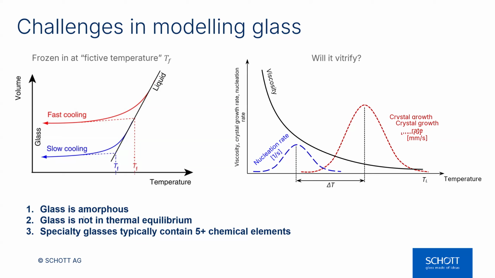And then there's a third challenge, which is that the types of glasses that SHOT produces have lots of different chemical elements in them. And across the SHOT catalog, we have even many, many more elements. So you need potentials that are able to model this breadth of chemical space accurately. That used to be a really big challenge when we still had to make all of these potentials by hand. But with things like universal machine learning atomic potentials, we think we're making real progress in this.